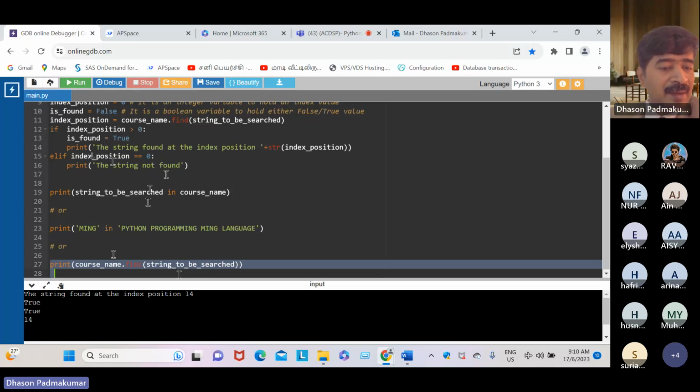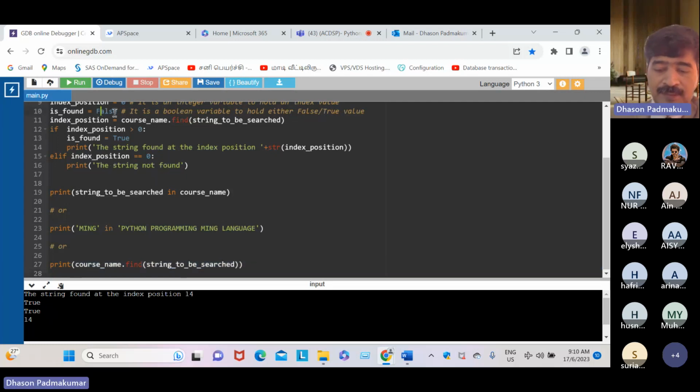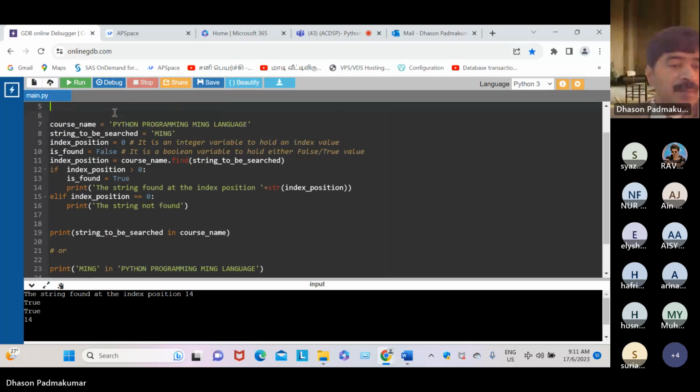Okay, dear student, look here once again. The course name is a string variable. Why? Anything within single or double quotation marks is carrying a string, and course name is the string to be searched, or maybe the name to be searched.